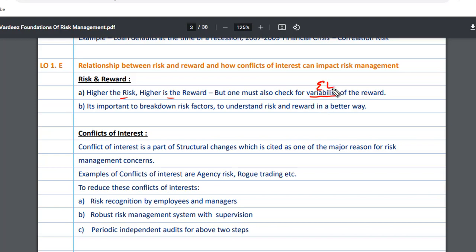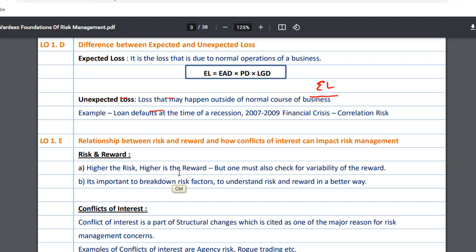Again, the expected loss comes in here. That's what variability is. And the second point to remember is it's important to break down risk factors. Just what we saw here, expected loss here, we can actually try to break down this probability